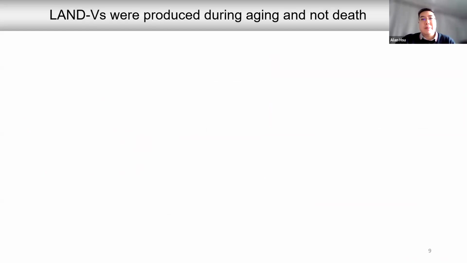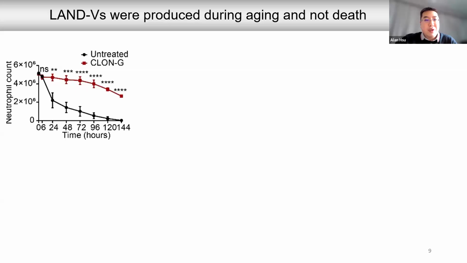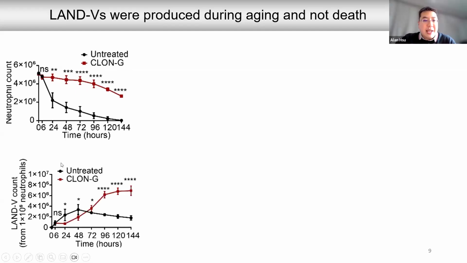So we wanted to tease this apart to show that it's not produced just during death, but also aging. Previously in the lab, we also found a cocktail we named Clone G, which is basically a mix of inhibitors, which can prolong the neutrophil lifespan up to 5 days. As you can see here, compared to the black line, Clone G in red prolongs neutrophil lifespan. And looking at LAND-V production, because we prolonged the lifespan, at later times you can see the increase of LAND-V production instead of decreasing, suggesting that